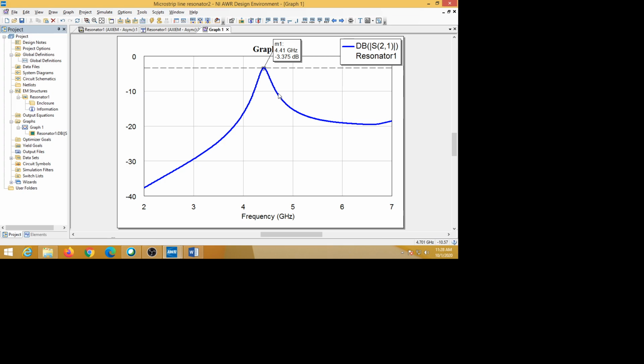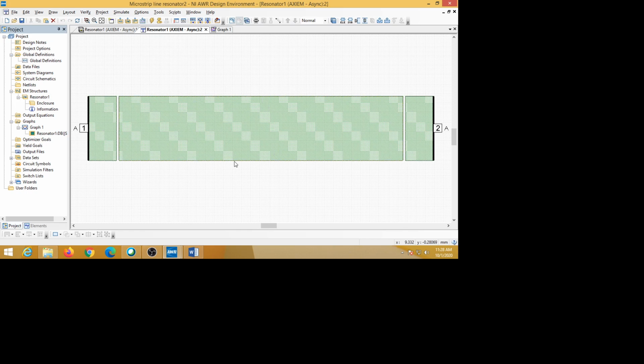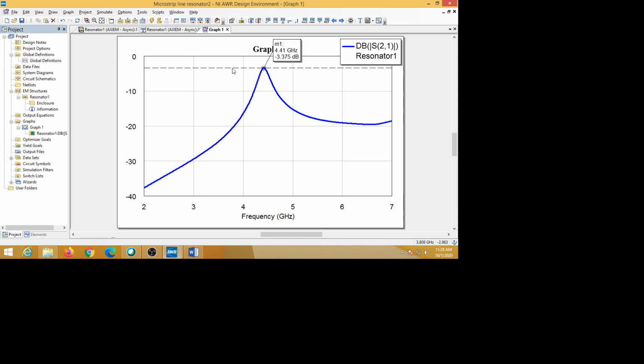Next, we can measure the bandwidth. As I said, we have to measure the bandwidth. From that bandwidth you can measure the quality factor of this resonator. Quality factor is an important parameter of any resonator, so we have to measure it. To measure the quality factor, from the maximum value at minus 3.375, we add one more horizontal line.